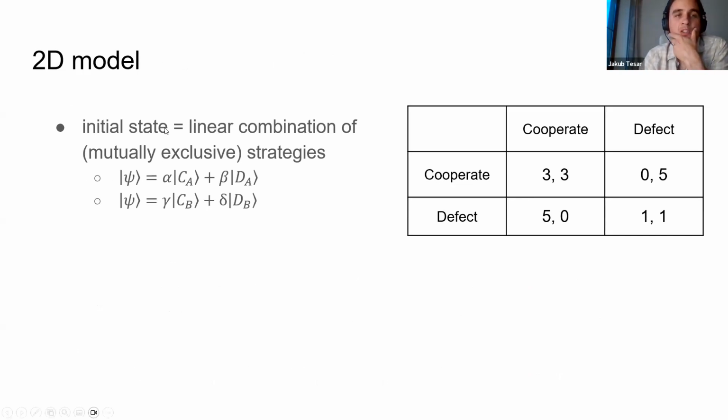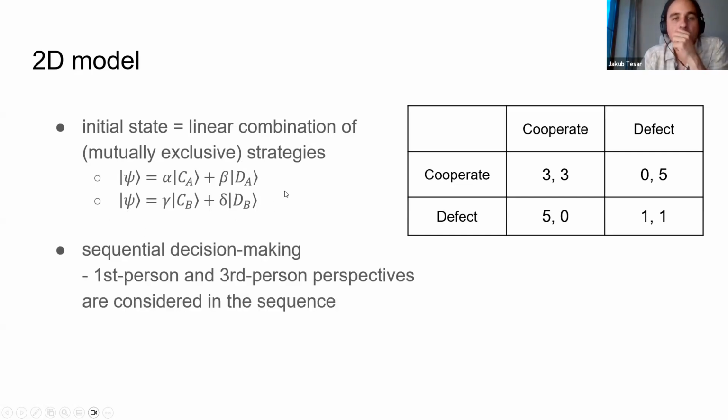Okay, so in the 2-dimensional model, what is the meaning of thinking of game theory in 2 dimensions? As I said, the initial state in this model is a linear combination of mutually exclusive, meaning orthogonal, vectors representing the strategies. Either this or this in strategies of myself or in strategies of the opponent. And if we connect it to what Joyce, Emmanuel, and many others said in this bootcamp, you may think of